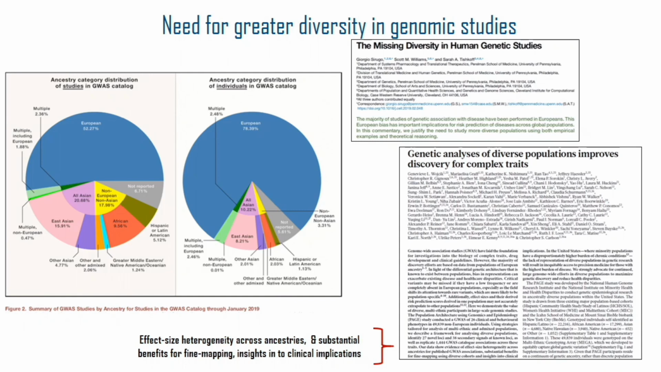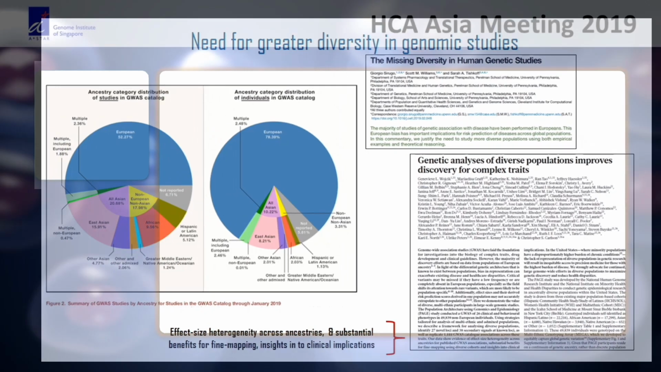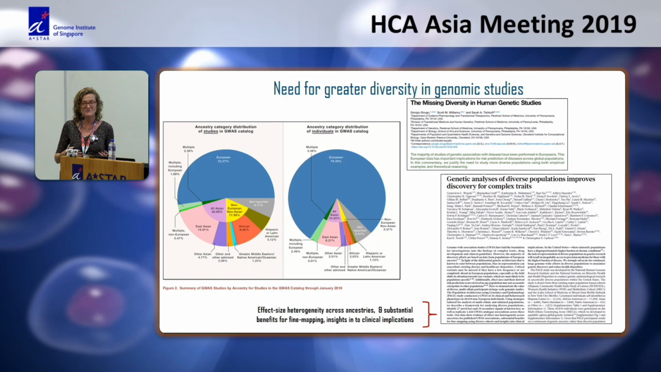So they did an analysis in that diverse population and concluded that effect size heterogeneity differs across ancestry, so it's very important. And we see substantial benefits for fine mapping and insights into clinical implications if we can study these more diverse populations. So it's something that's very important, and really in a nascent community like the Human Cell Atlas, it's something we should address right off the bat going forward to make sure we have global, racial,